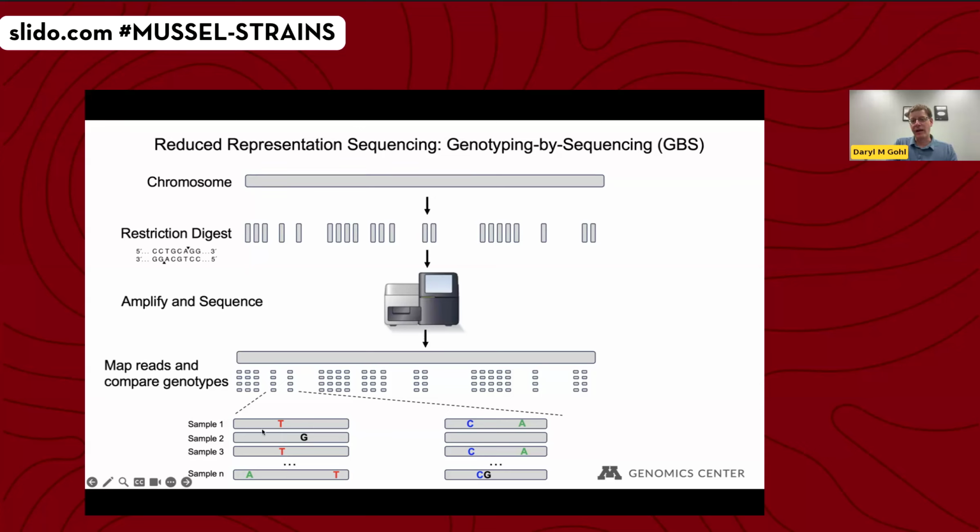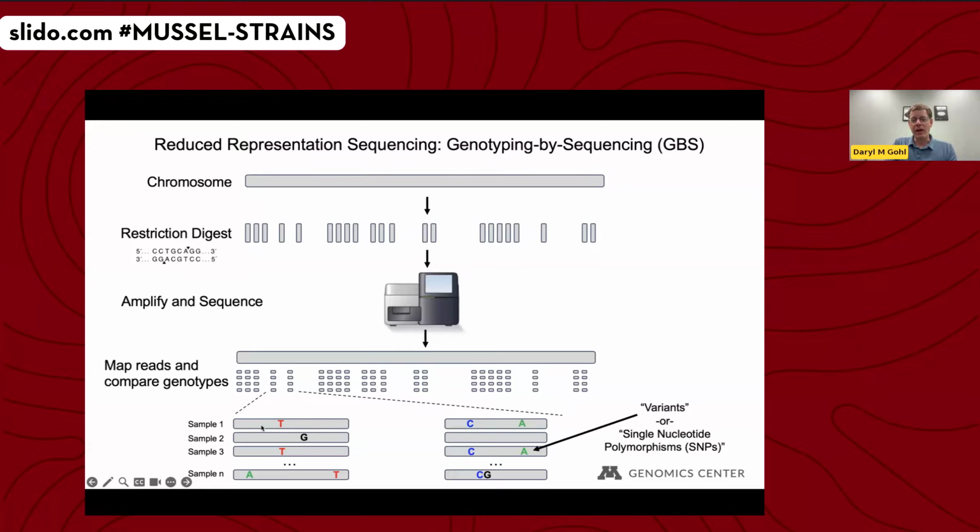Anything in gray matches that reference sequence, whereas the bases indicated here, the T's and G's and C's and A's, would be deviations from the reference sequence. So these are variants that may be unique to that specific sample, or not unique, but differ from the reference sequence. These are referred to as variants, or sometimes single nucleotide polymorphisms, or SNPs. So you might hear me using those terms interchangeably throughout the talk.